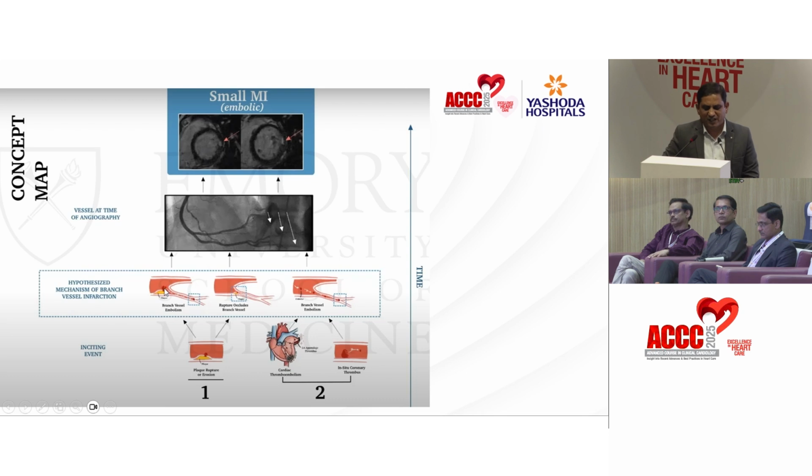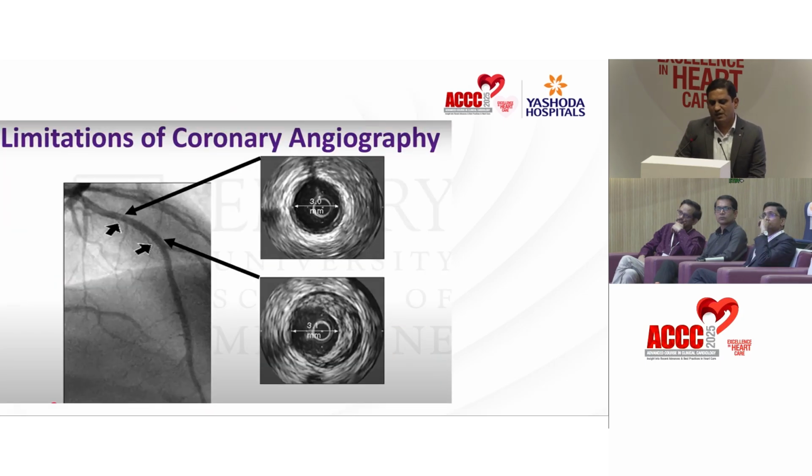Another proposed mechanism is that there is a lesion here in the main branch, but the pathology lies here: thrombus formation occurs at the side branch, and this thrombus is formed and dislodged into the distal small vessel. The small vessel may be completely occluded at its starting point. You may not see that on the angiogram. You think this is almost a normal angiogram, and you may discharge the patient by saying it's normal.